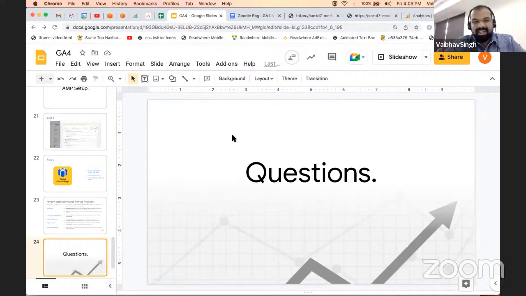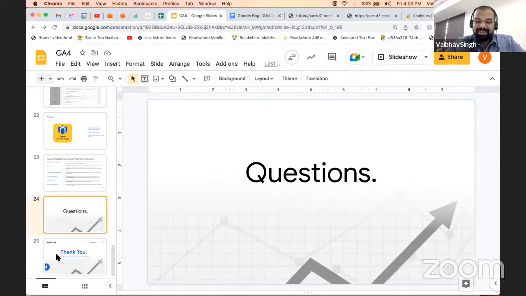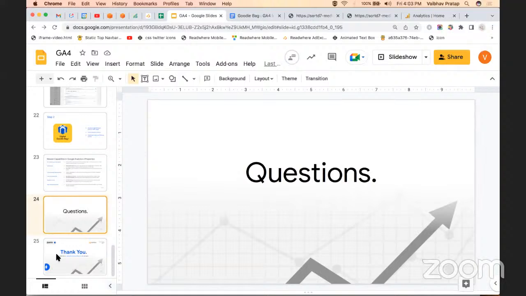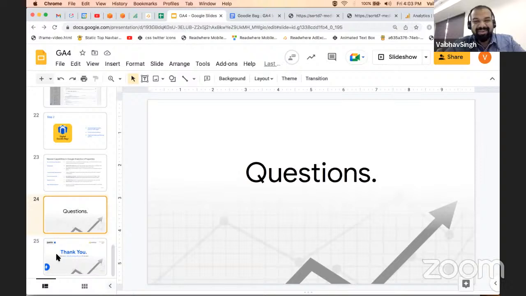Yes, absolutely. I leave the decision to the attendees. If you want to get the updated dashboard, if you want to see more and more data of your users, then yes, it is worth it to upgrade to GA4, and this is the future. Google Analytics has made sure that there is no choice. You have to do it either now or in July 23. So the sooner the better.